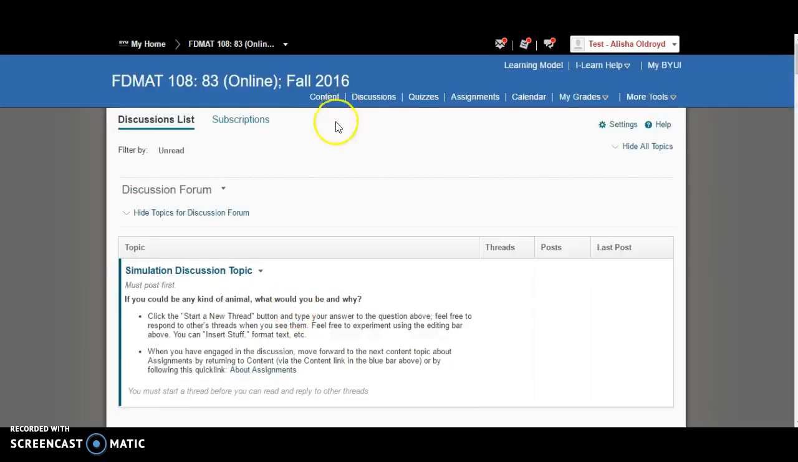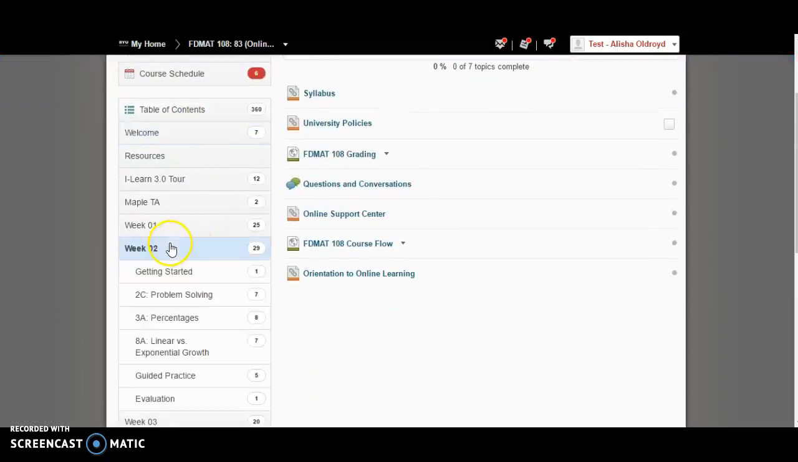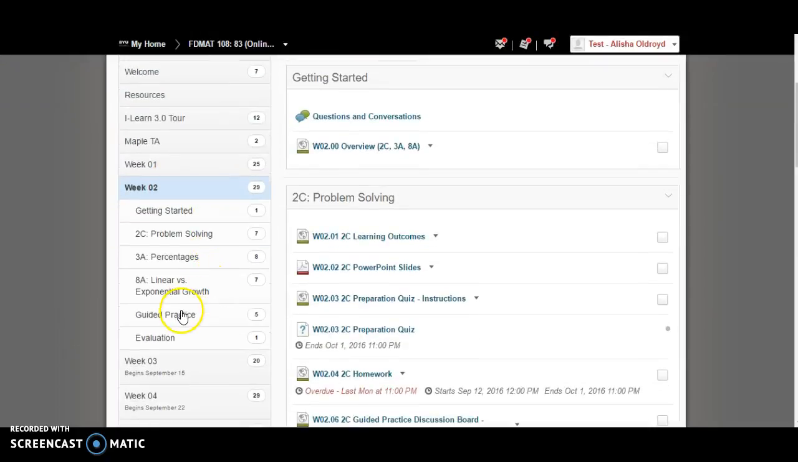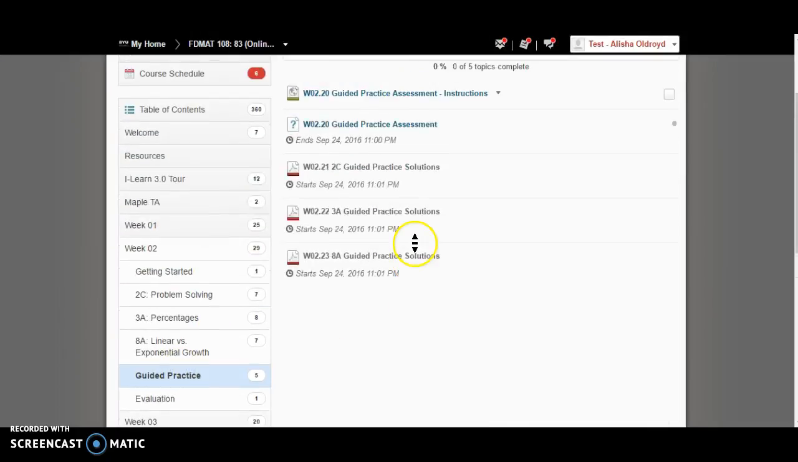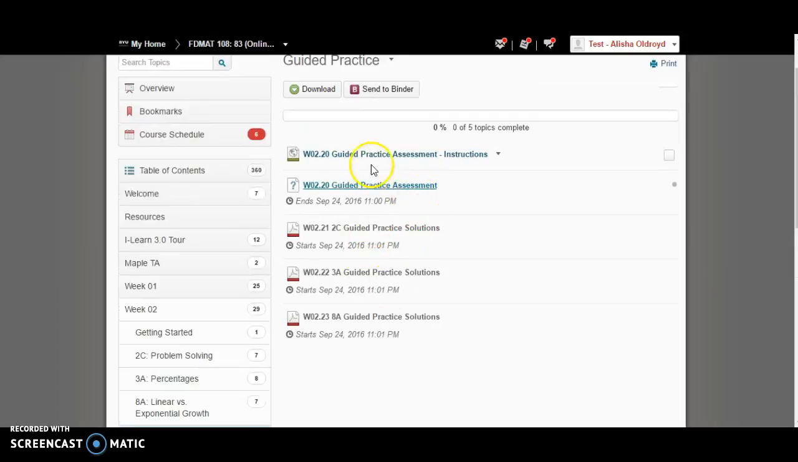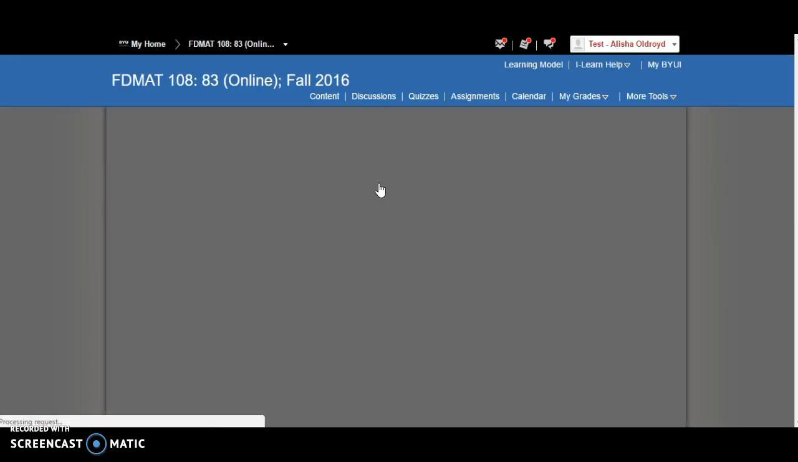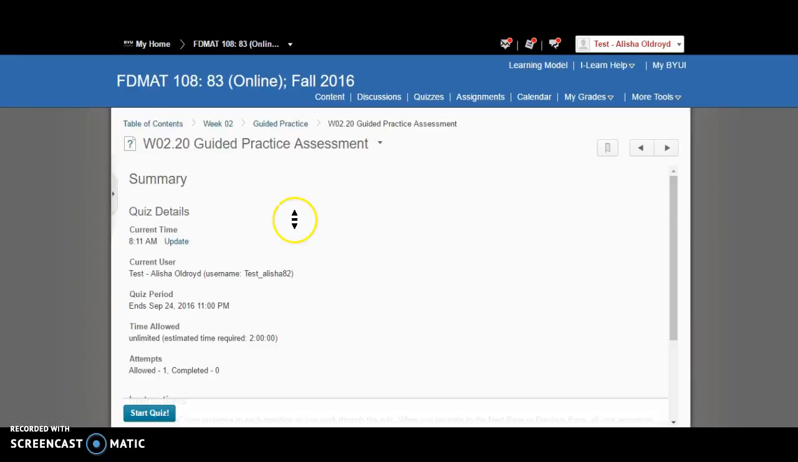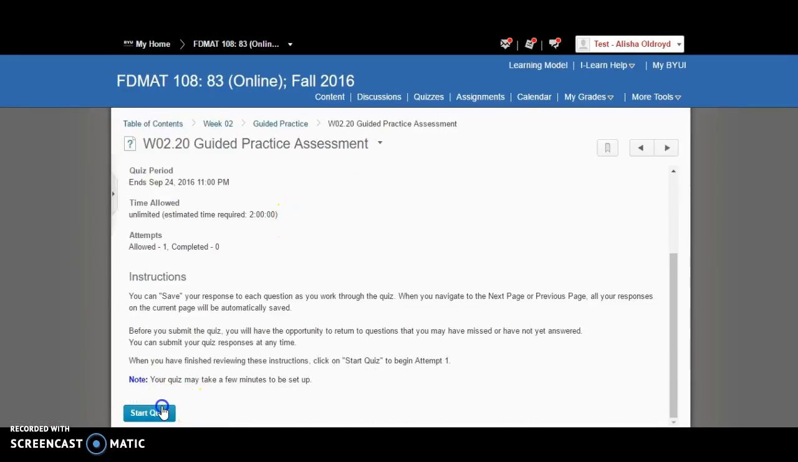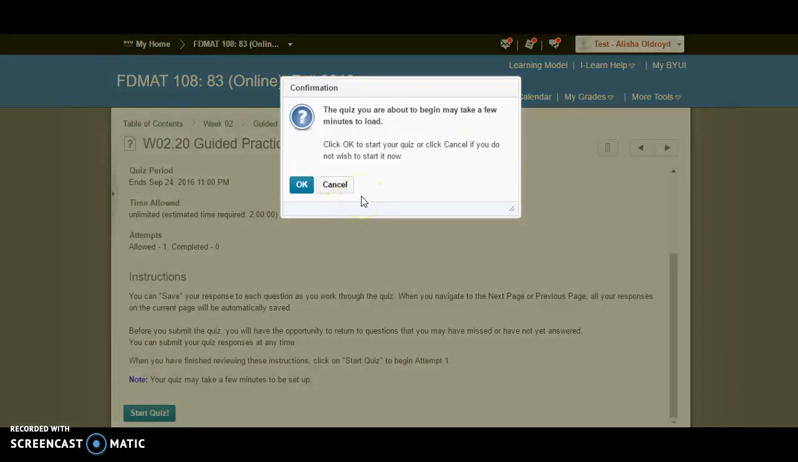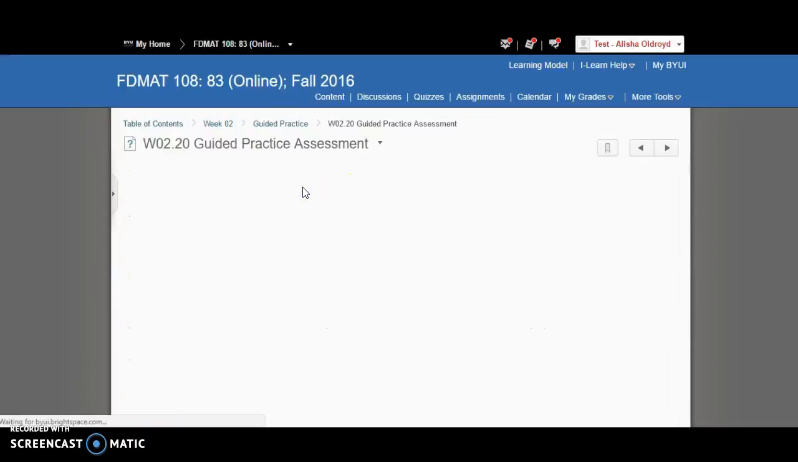Okay, so then I'm going to go into content. And we're in week 2. And here's your guided practice. So these are the instructions you can read. This guided practice assessment, I'm going to go ahead and open it up. It's a quiz, so you need to be all ready. Everybody takes this, not just the group leader, every single person in the group takes this guided practice assessment after you meet. So once you start it, you're going to open up,